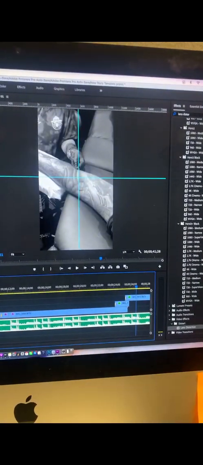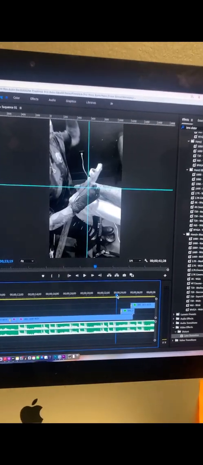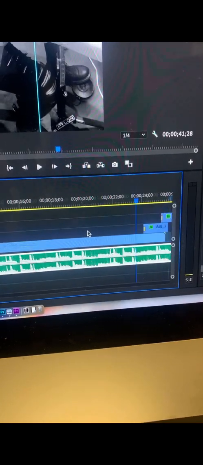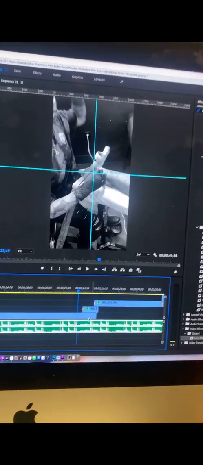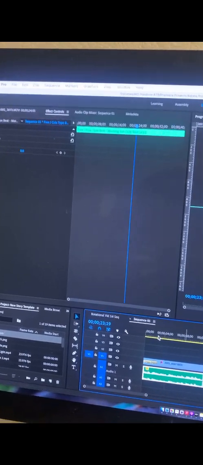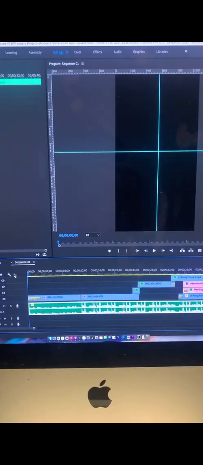So I needed something in the middle of those 2 to make it a little bit smoother. And that one's easy. You just turn the opacity down on one of these clips, make it so you can see the one behind it. Makes it easier to match them up perfectly. Now that everything's turned on, you can see all together. And hopefully just seeing the timeline will help you understand how easy it is to pull these off. And remember, you just got to look in your environment to make sure